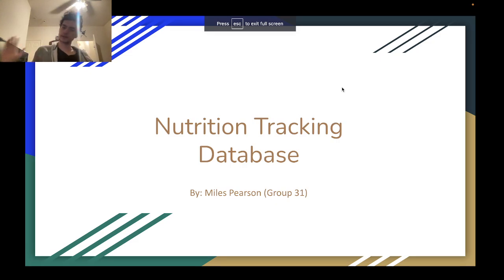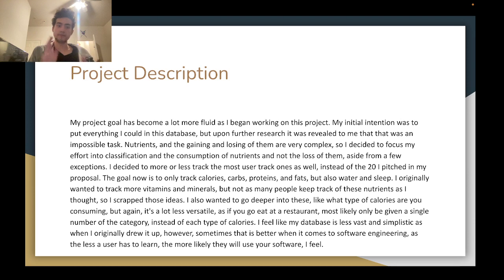All right. So, nutrition tracking database, Miles Pearson. So my project description. What I did here is I compared it to what I did in my project proposal. And basically what I changed would be